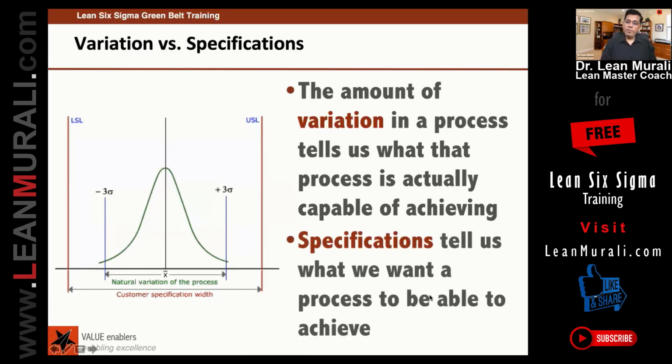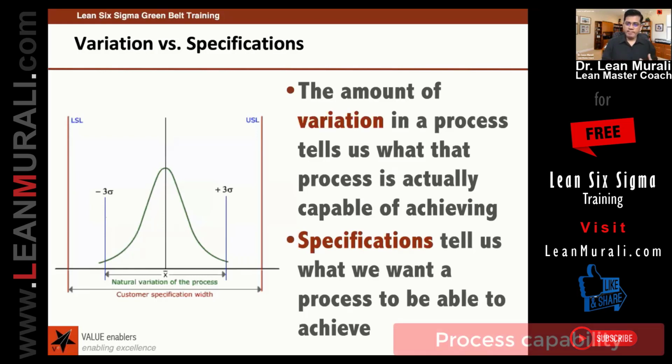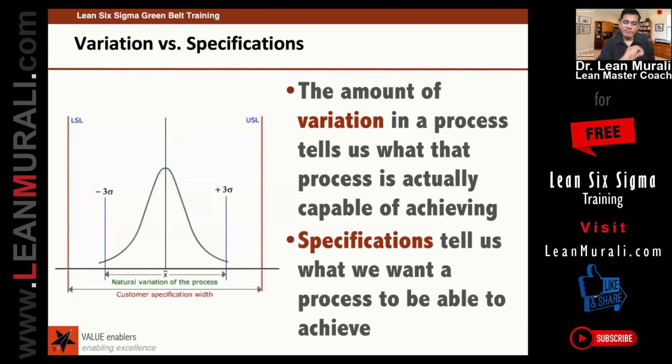So the amount of variation in the process tells us what the process is exactly capable of achieving. This is called process capability, okay? Whereas specification tells us what we want the process to be able to achieve. Okay, this is what I want the process to achieve, whereas the process by itself is capable of something. Okay, I want my son to achieve 80 to 90%, but currently he is capable of achieving only 60 to 70%, something like that. Okay,